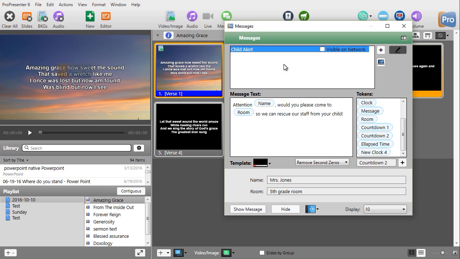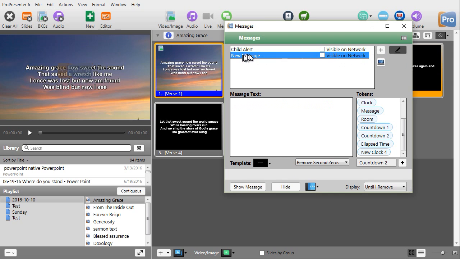Okay, let's create another one that uses one of these countdown or clock features. I'm going to click on the plus button, and it says new message. Well, I find that totally useless, so I'm going to click on it again and highlight it. And now I'm going to change it to time to service. Okay, now I've got a meaningful label on that message. Now let's create it. With it highlighted, I'll click in the message text, and I will say the worship service will begin